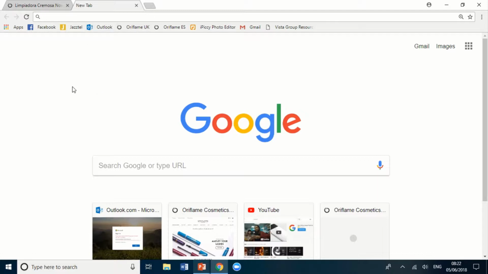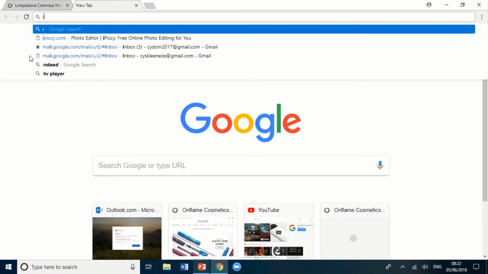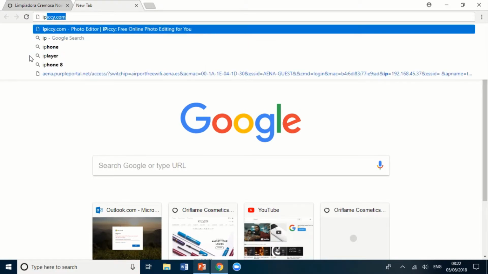Now this is only one example of a website I use to edit images. I will show you two other ways to edit images also. So this I find is a very good one. It's called